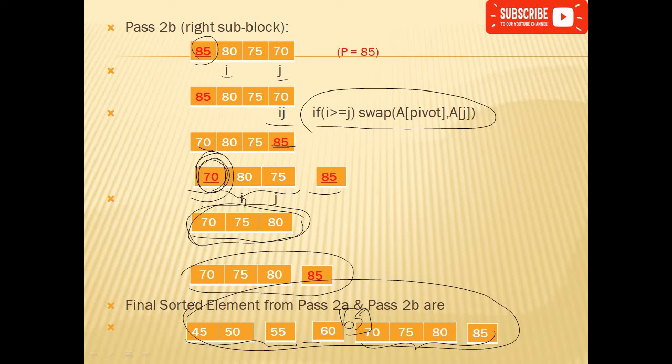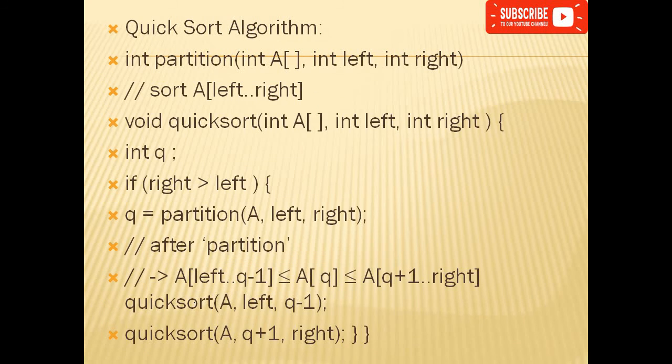So this is about quicksort. What we are doing here is dividing into subparts, and swapping will be done. If the ith element is greater than the jth element, then swapping will be done. If i has reached j, then we swap the jth element with the pivot element. The same is represented in the algorithm. So here partition will be done. So three parts are going to divide the partition.